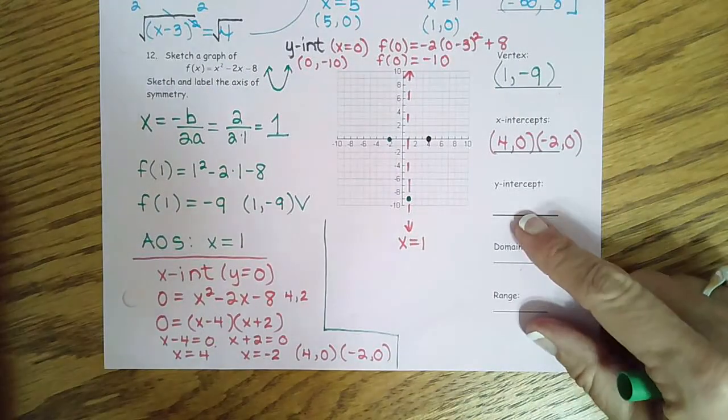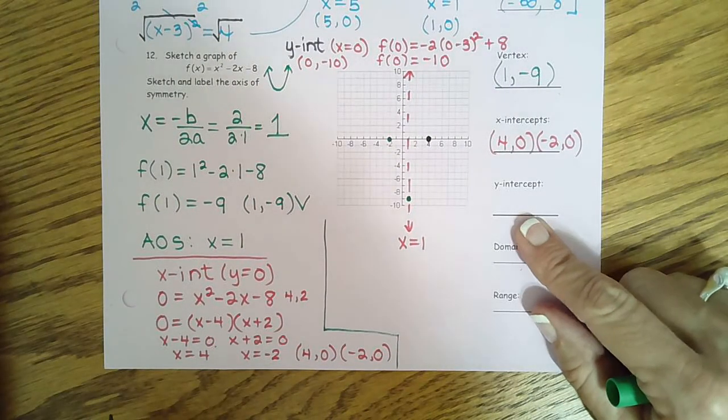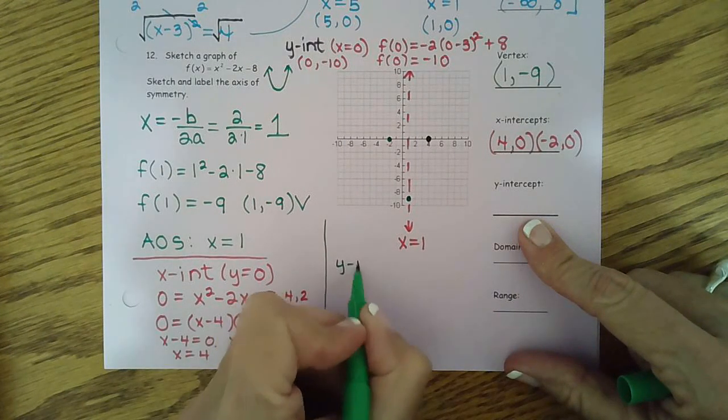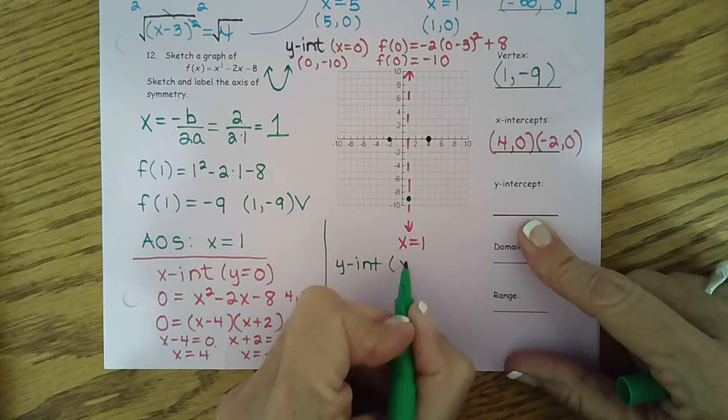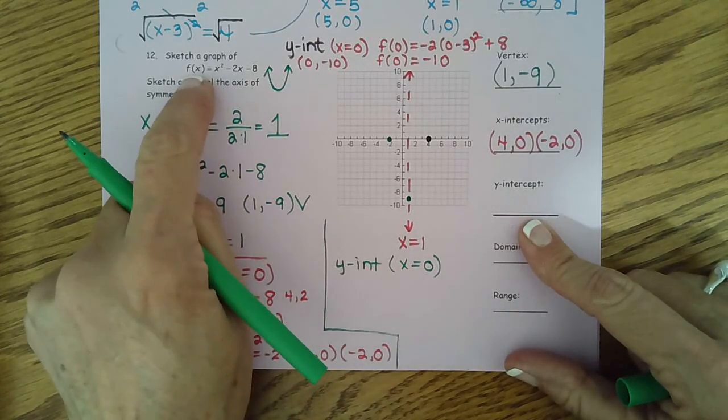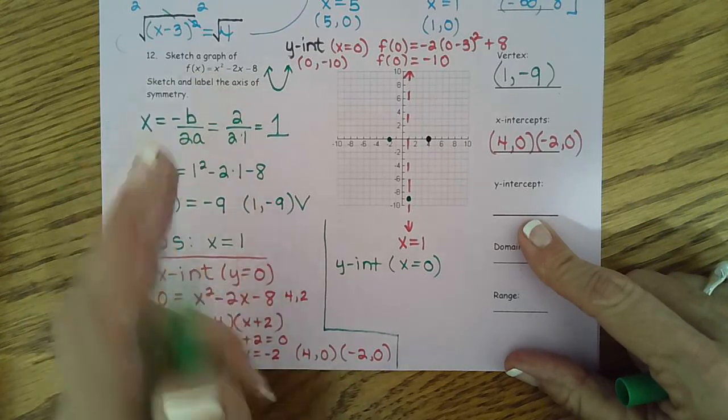Okay, and last we have to find the y-intercept, remember, and then reflect it. So the y-intercept is when we make x 0. So again, go up to your original equation. I see 1, 2, 3 x's, so make them all